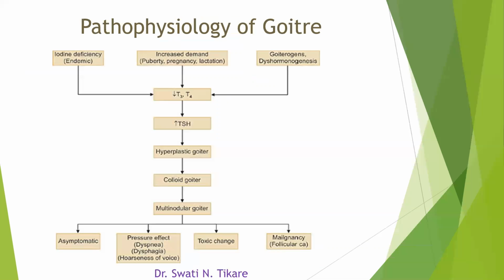Let us have a look at one more diagram to understand a little better. So either there is iodine deficiency, endemic means in certain places there is deficiency in the water, in the salt, everywhere, and hence there is more occurrence of this iodine deficiency. Or there may be a sudden increased demand, as occurs in puberty, pregnancy, and during lactation. These are also times when a goiter can appear. Or it can be due to excess consumption of goitrogenic substances like certain vegetables.